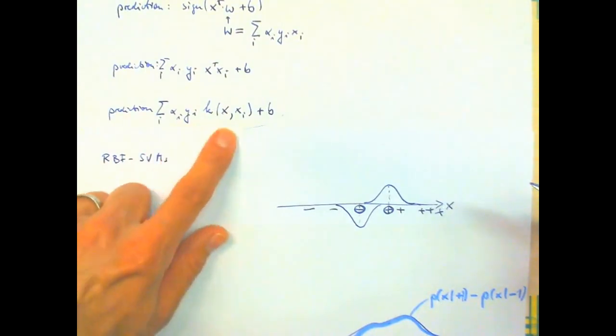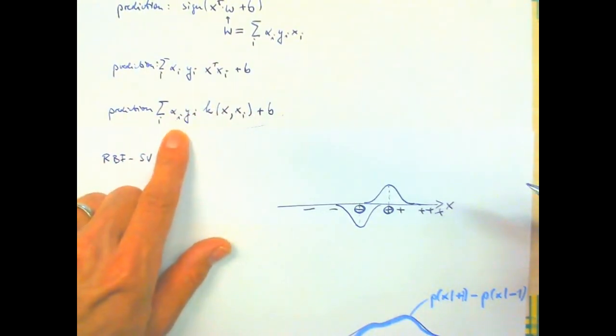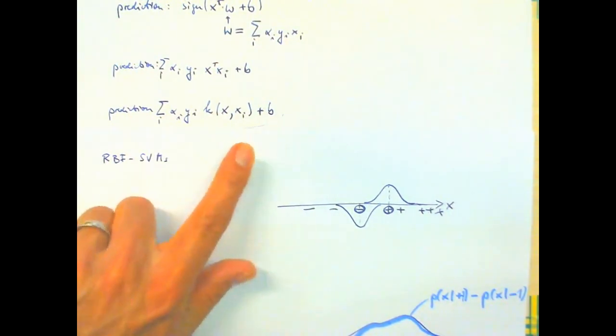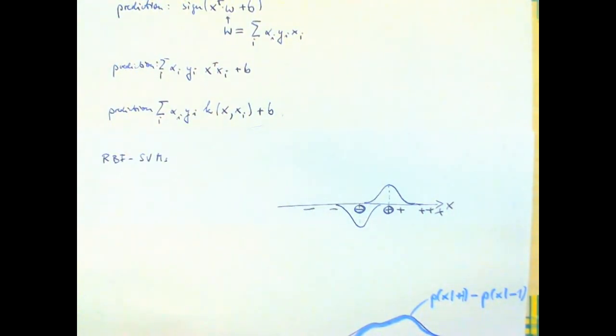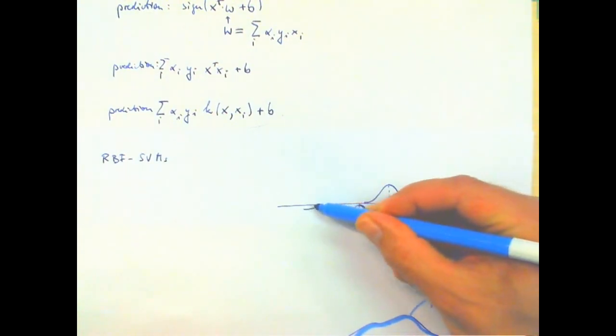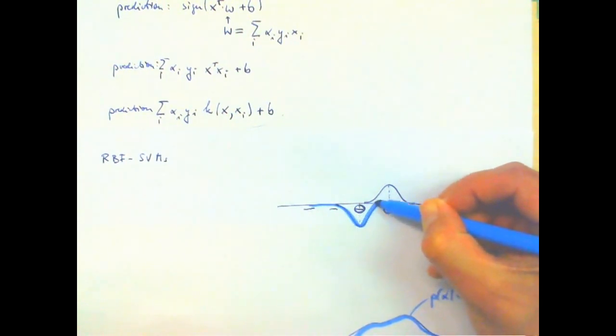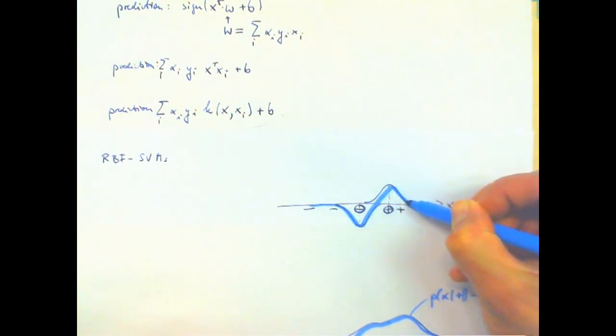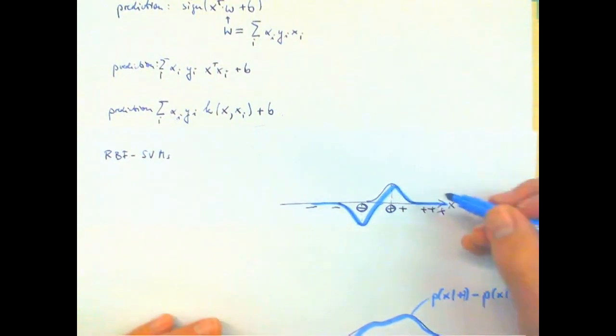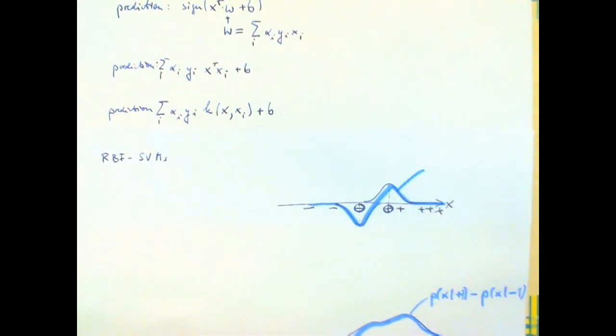And if you now take the sum of the two, adjust it if necessary by this bias b, you again obtain some function, which I can try and plot here. Something like that. So the function that I've plotted here